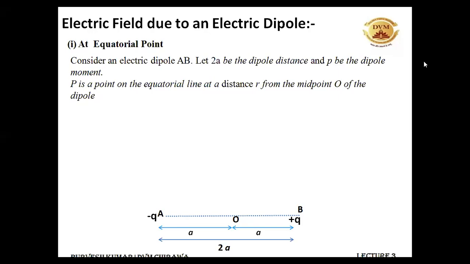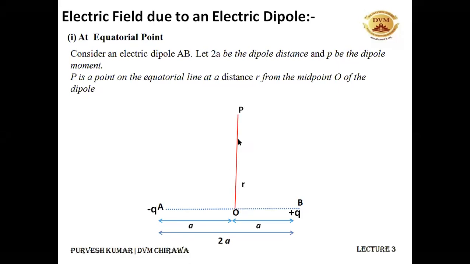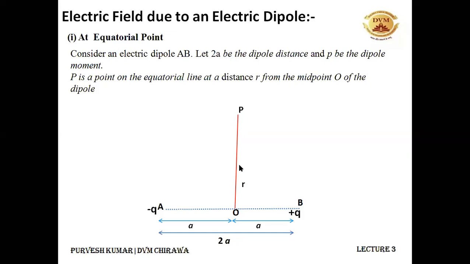So I need to address this: you have to find the electric field at a point which is lying on the perpendicular bisector of this dipole. It must be lying somewhere over here. You can see it. This is the perpendicular bisector of the dipole, and the point P is lying at a distance R from the center O. All the distances will be taken from the center of the dipole. That's why this point P is at a distance R from the center of the dipole, and it is lying on the perpendicular bisector of the dipole.